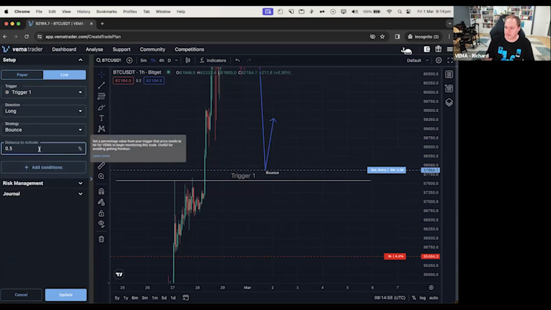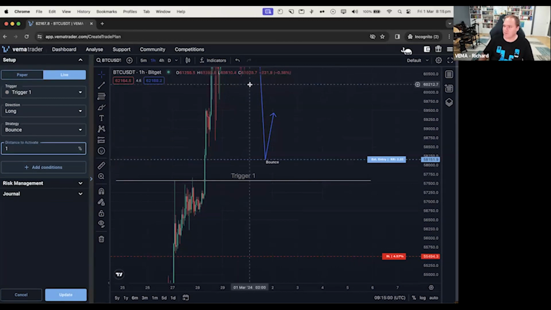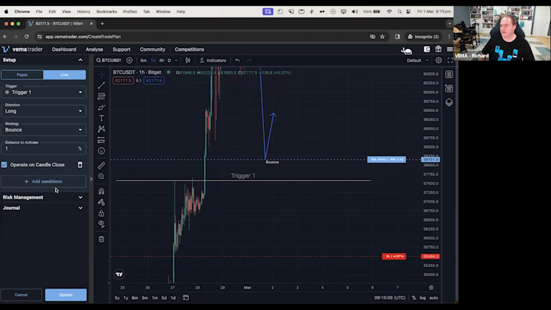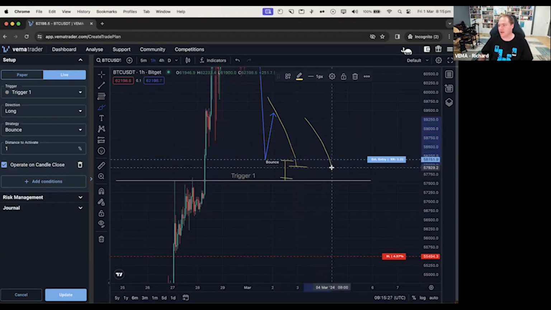I've got a distance to activate of 1%. So now price has to come within 1% of the trigger. But what if you had operate on candle close? Now what this says is if the candle closes in that 1% range from the trigger to the activation zone, then Vema is going to go, oh, it closed in the range, I'll take the trade. If price was to come down inside the range and then come back up here, and that's where the candle closes,